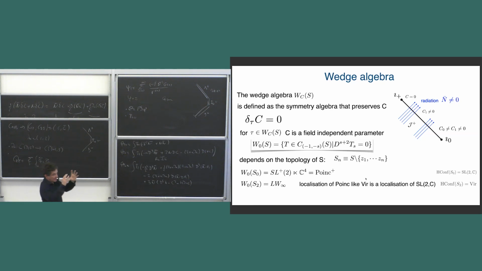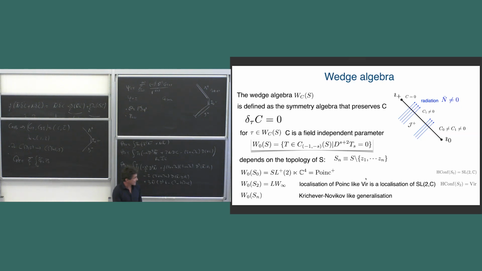And then, of course, it makes sense at the quantum level, because at the quantum level you get scattering amplitudes where you place points on the celestial sphere. So the object you have is S minus the location of these points. That's why this is the symmetry algebra that's activated. And it's exactly like in CFT, where a global symmetry of the vacuum becomes a local symmetry when you look at insertions of operators: SL2C to Virasoro, except that here it's Poincaré to LW infinity. So for people who like this axis, this is the new kind of axis for gravity.